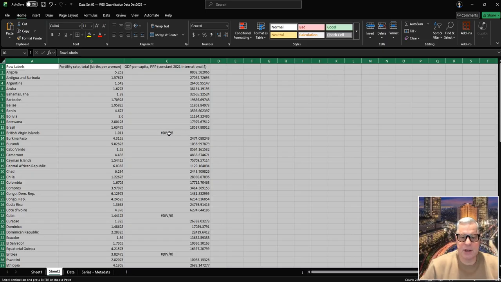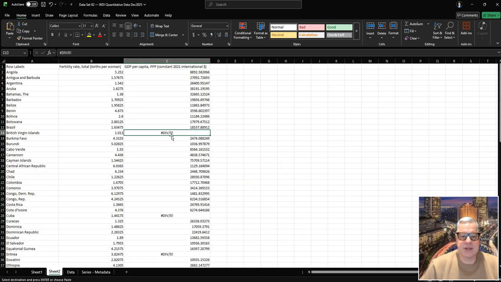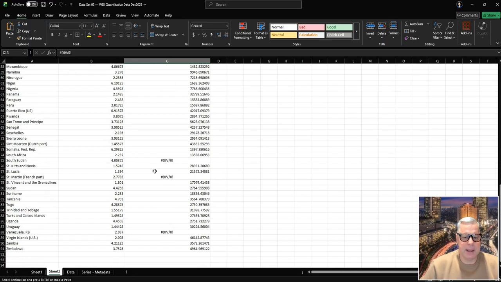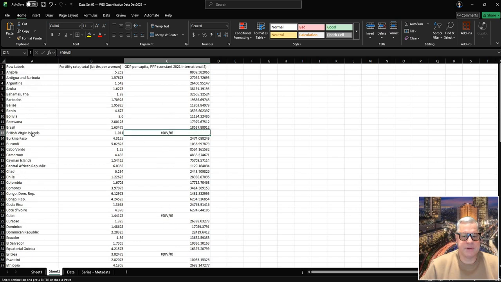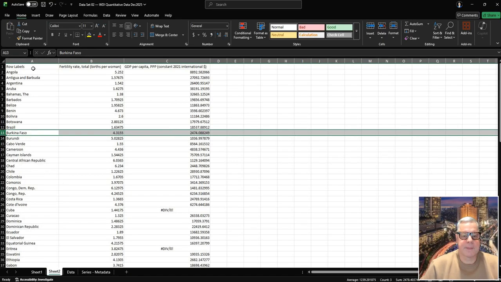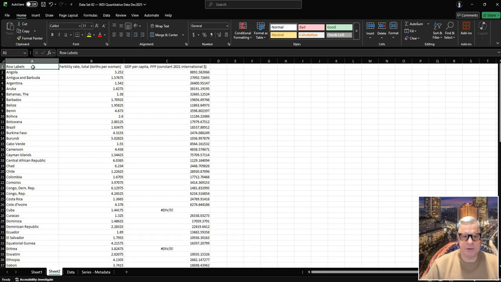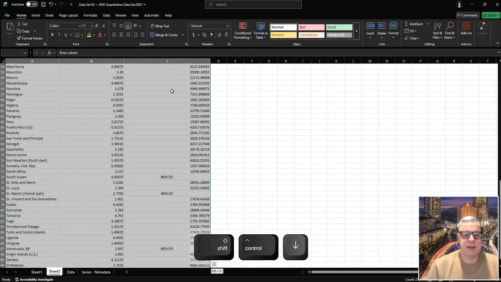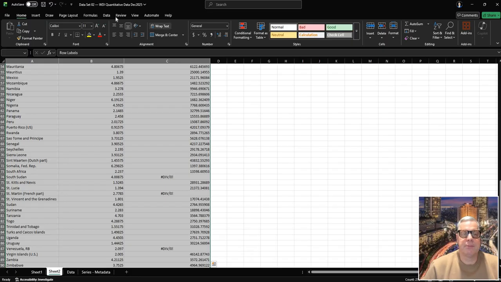But you see, we still have some observations like British Virgin Islands. We didn't have a single observation. So then Excel returns a divide by 0, means it couldn't calculate the average. So what I want to do is I want to eliminate all those observations. So I can do that manually by clicking on each and just deleting that. But what's a little bit faster is we highlight the data set and now we sort by the column with